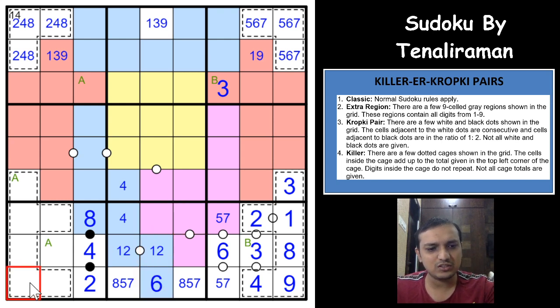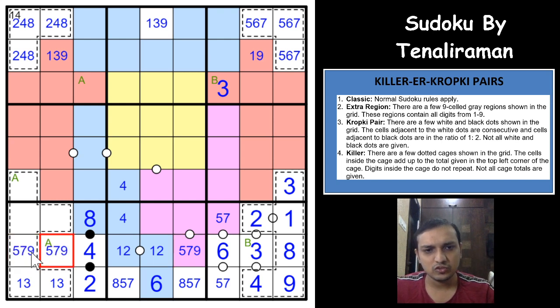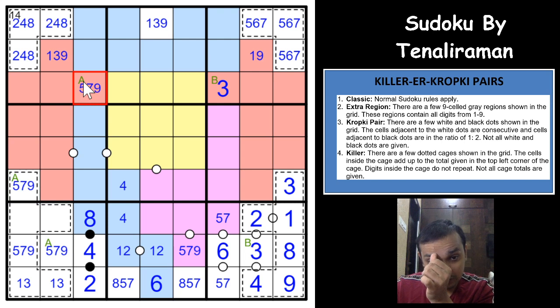This would have to be a 6, and these 2 digits are 1 and 3 in any order. So this 6 gives you something here maybe. Now these 3 digits here are 1, 2, 4, 6, 3, 8. So 5, 7, 9 are the remaining digits here. 5, 7, 9, right? 5, 7, 9 and 5, 7, 9. So whatever you have here would have to be here 5, 7, 9, would have to be here 5, 7, 9, right? And is that helpful here?